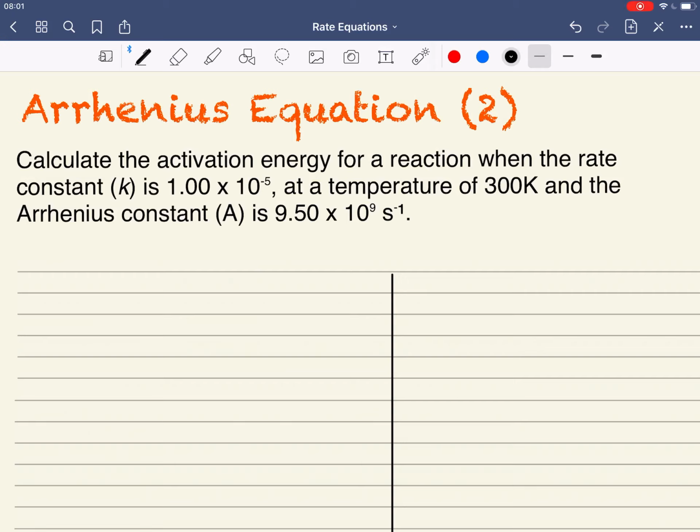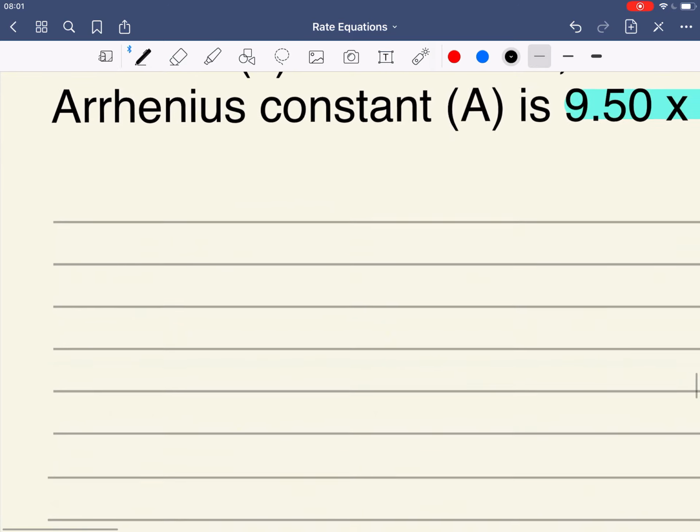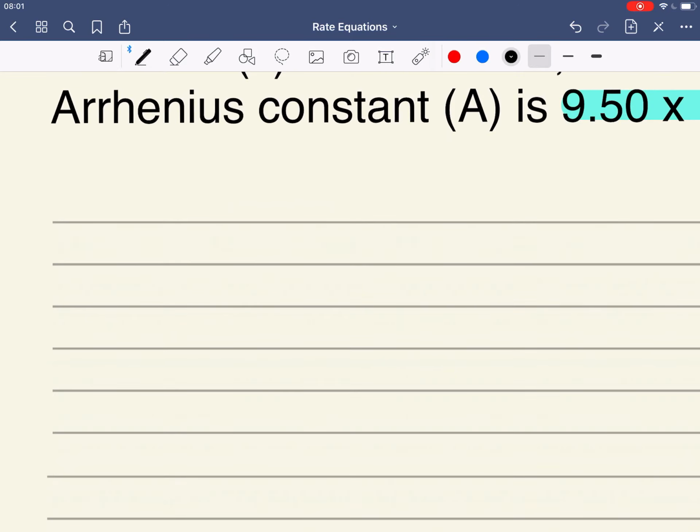Here we look at some questions involving the Arrhenius equation. Here we've been asked to work out activation energy, and we've been given the rate constant, the temperature, and the Arrhenius constant. So in order to do this, we need to look at the Arrhenius equation, which again is an equation you do not need to remember, but it might be worthwhile you